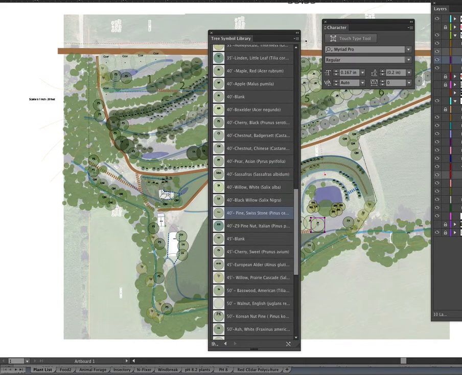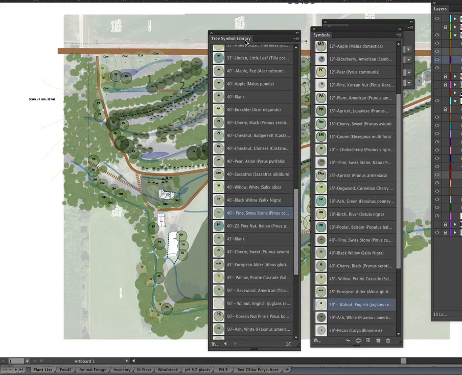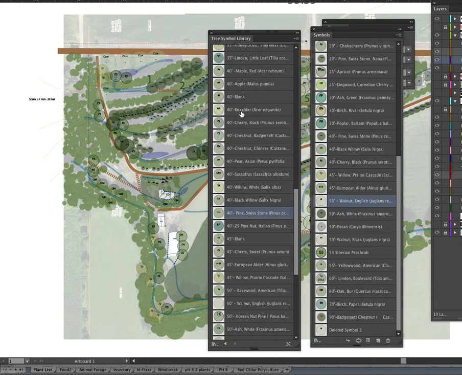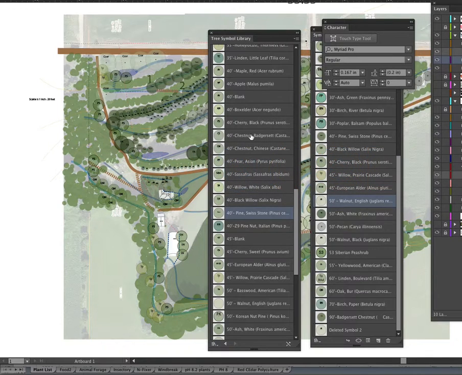Now the thing that you're going to want to do is remember that you have your symbol library and you have the symbols list that is for this actual piece of artwork. So for this symbol library, if you double click on these, it adds them to this list. You can also just pull from this and put that on here if you'd like, but you do have a risk of doubling up and having duplicates. So what I recommend is getting your plant list, printing that out, marking the ones that you have, taking those and just double clicking and putting those, and start building your plant symbol list for the project that you're working on,